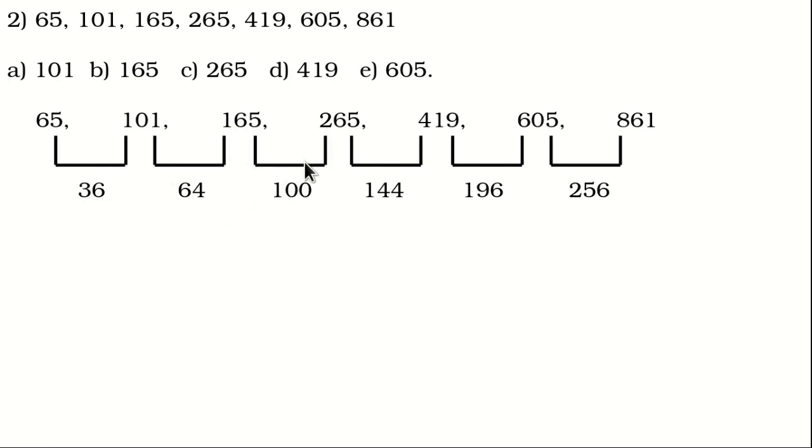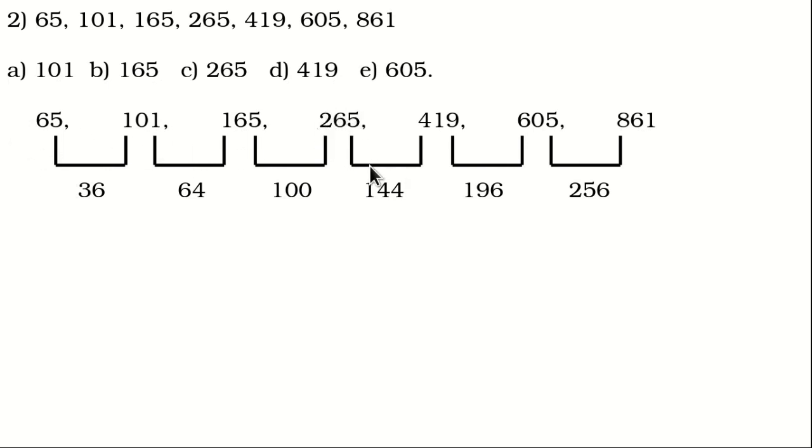We know that these numbers are squares. Now, I will not calculate the value here. I will write it as 144 as we understood the pattern. 6 square, 8 square, 10 square, so it has to be 12 square. So it's 14 square. Now it's 16 square. Now I will try to find the answer. I know that 165 plus 100 is 265. So up to here, calculation is easy when you start from this end.